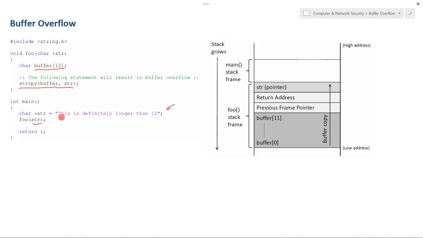Okay? String copy is going to copy my entire string until it reaches the 0 at the end. And you can count, this is definitely more than 12, and that's going to overflow that buffer. Okay? Some languages will detect that, especially strongly typed languages like Java. If you write a Java program and overflow a buffer, Java is going to say, hey, you exceeded the